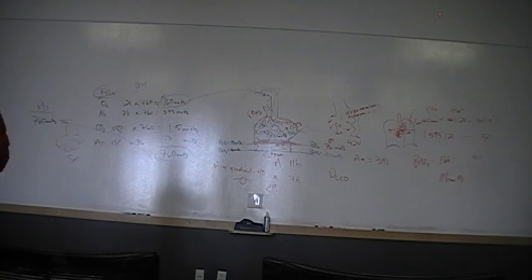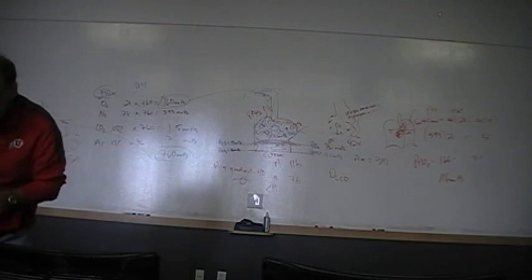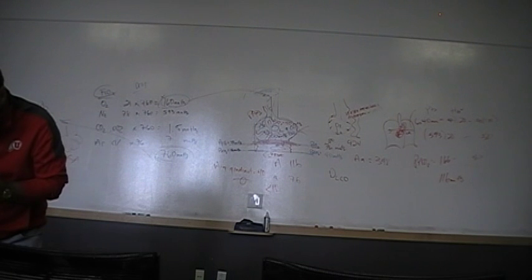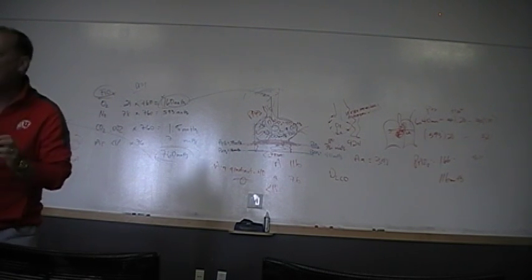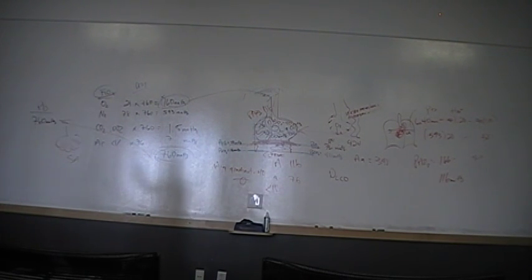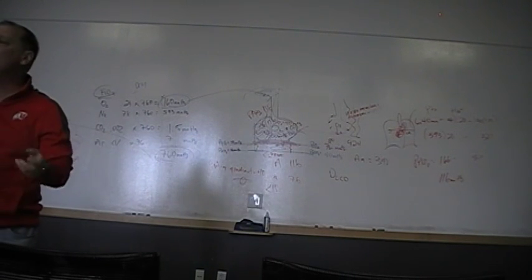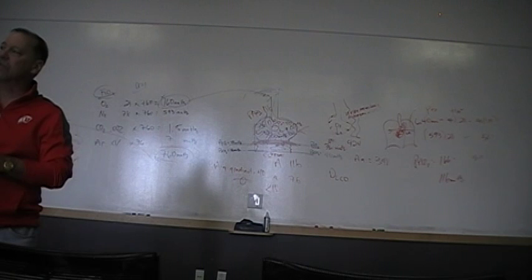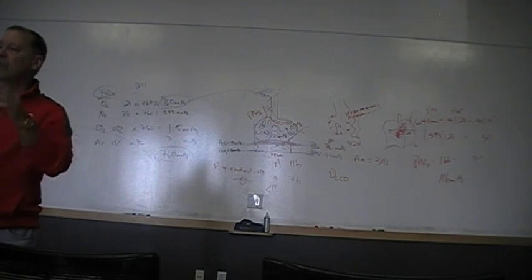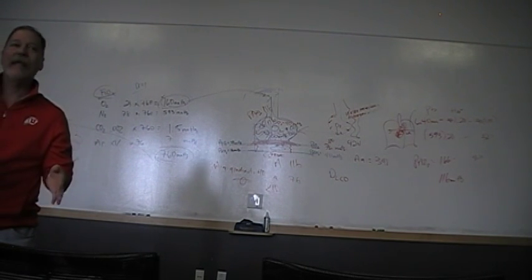Because it's a perfusion limited substance. A perfusion limited substance is dependent upon the blood flow that goes past the alveolus. Okay, so nitrous oxide is an example of a perfusion limited substance. A gas that reaches equilibrium quickly. The only way to get more,